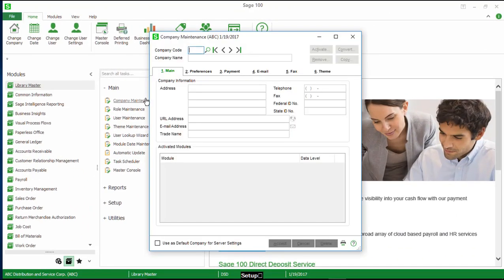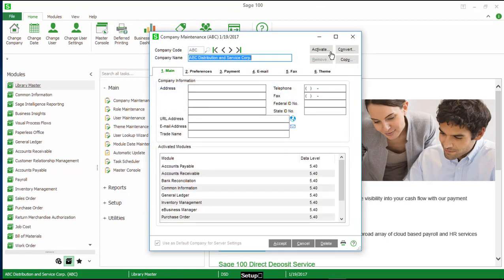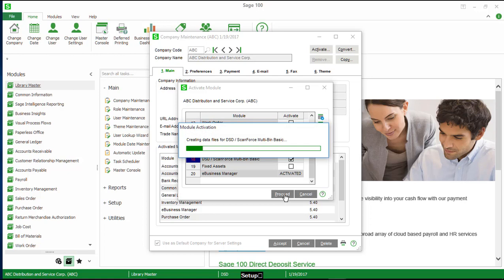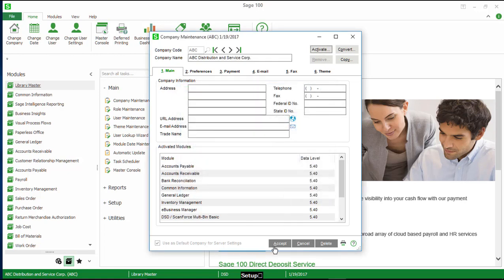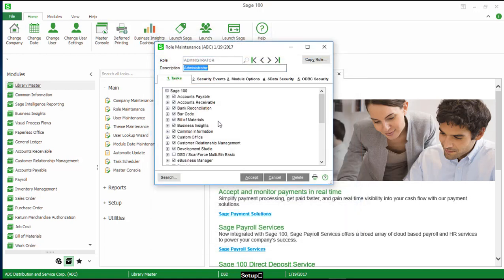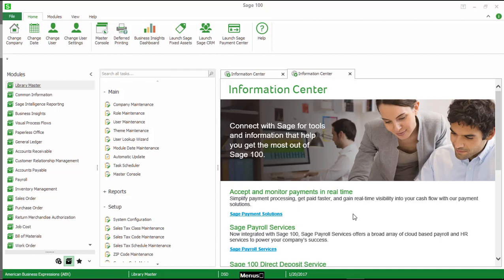Next, from within Sage 100, I will need to launch Company Maintenance. I'll then select the company code in which I'd like Multi-Bin set up, then activate the module. Once activation has finished, I'll then launch role maintenance to ensure that my role has full access to the module in both the tasks as well as in the security events. Once the role maintenance settings have been applied, you will see the DSD ScanForce Multi-Bin Basic module has been added